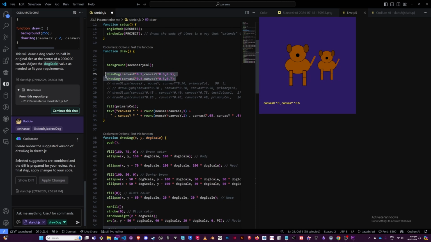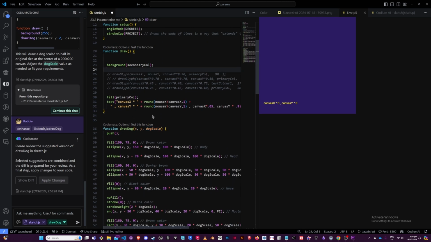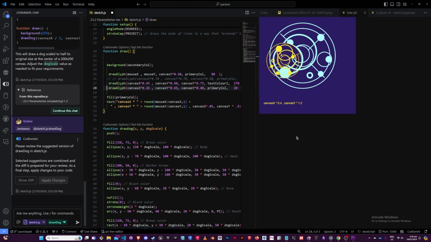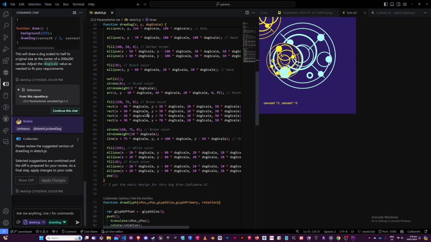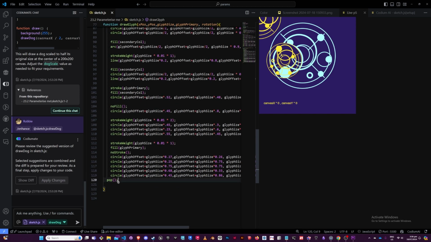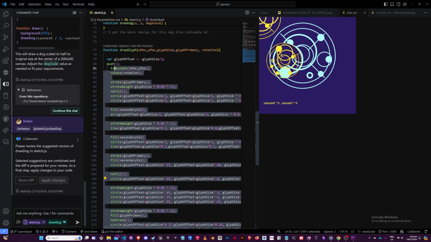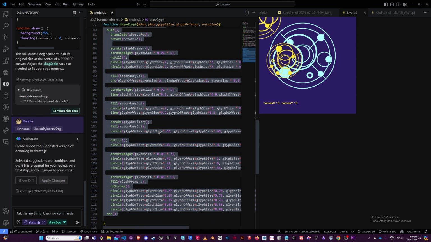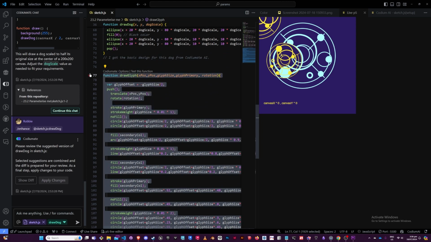And now what I was going to do is get the glyphs that I was drawing earlier, and ask the AI to give me some suggestions on my draw glyph function. So if I just copy all of this, draw glyph. What could I say? Could you suggest